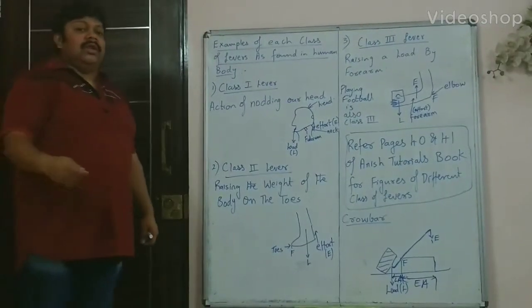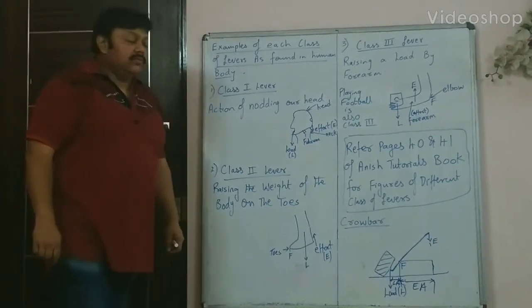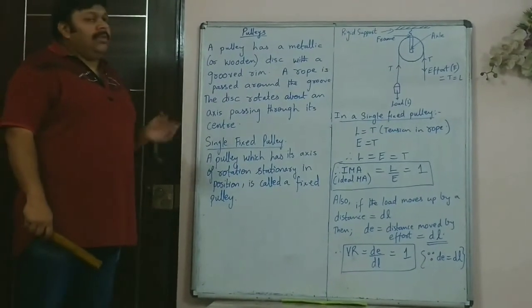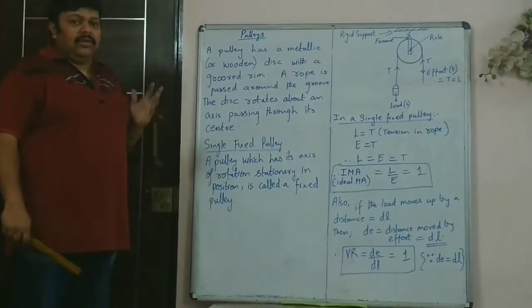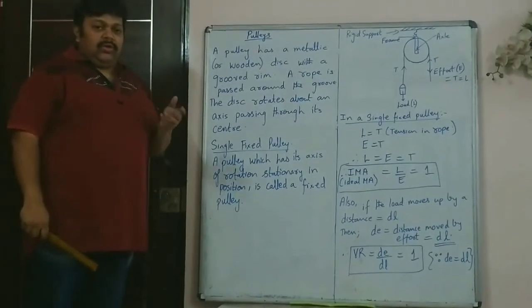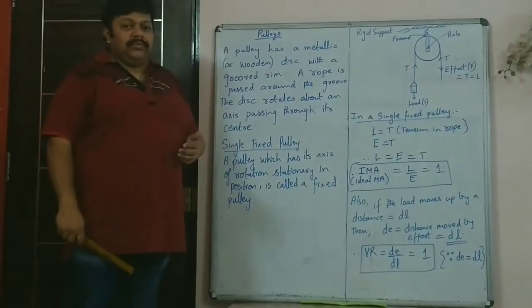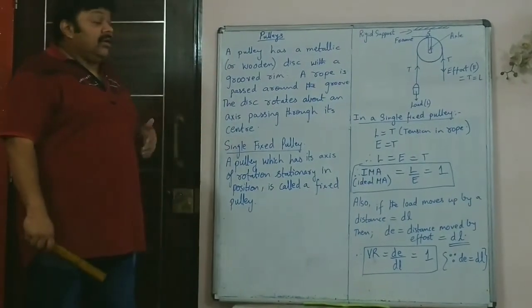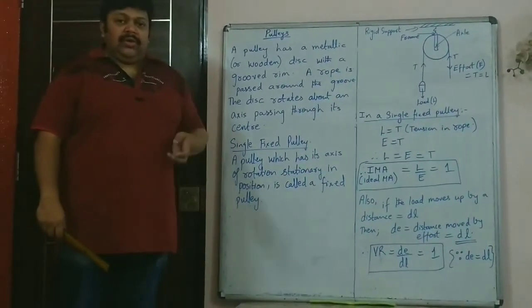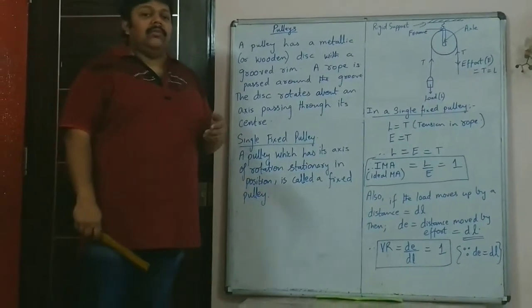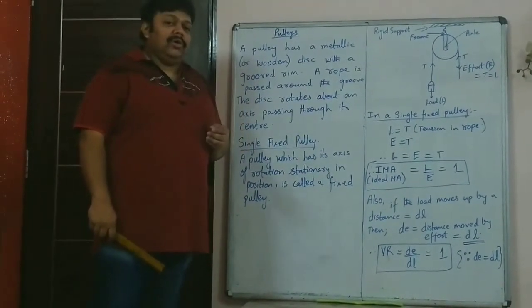Pulley, which is the last part of simple machines. So students, all of you may have once in your life at least seen a pulley. Usually when you go to your native place, there would be wells from where they draw water. So there they generally use a pulley, of course. Nowadays everything is getting automated. So even in the villages there are motor pumps which pump the water up.